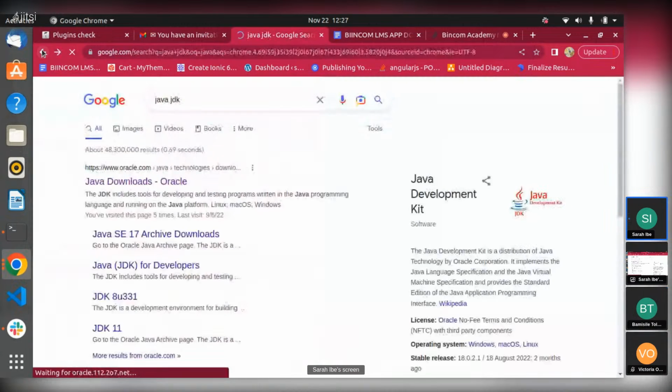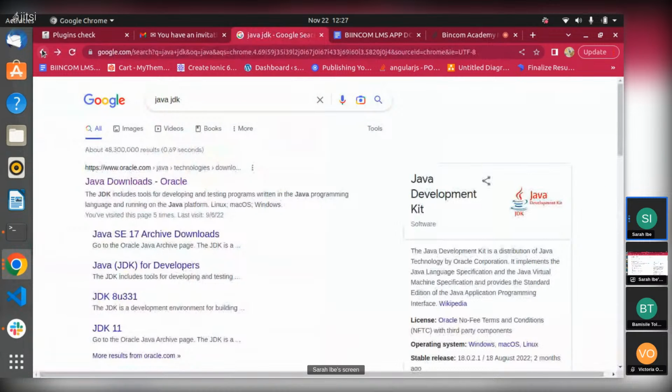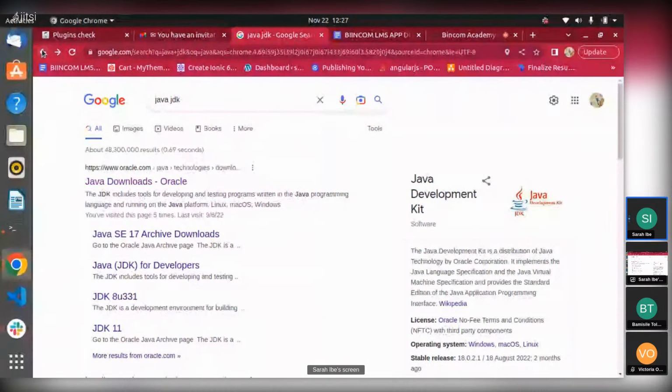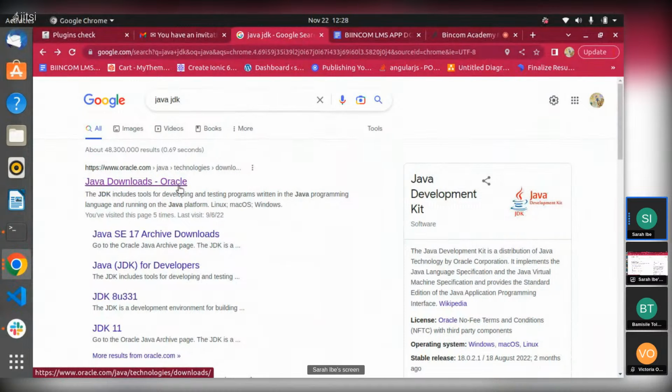From what I've known, there are two kinds of JDK. JDK stands for Java Development Kit. There are two kinds: the OpenJDK and the Oracle JDK. As you can see, Java downloads Oracle. So if you have to download, you download Oracle